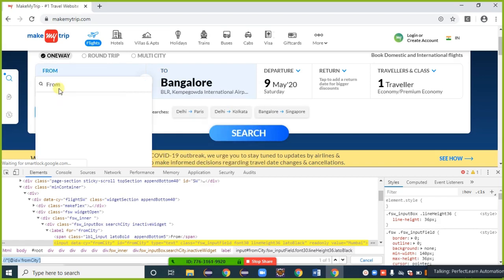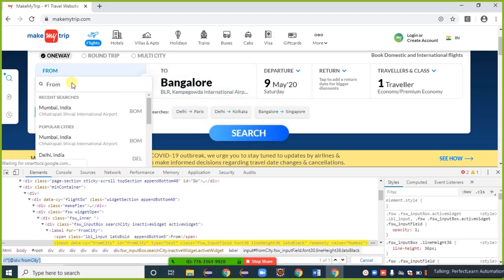Keep in mind, first I need to type my required city, some letters, then that city appears in the suggestion, and to enter inside the suggestion I need to go with arrow down. So first we need to inspect that one and provide some letters inside this.